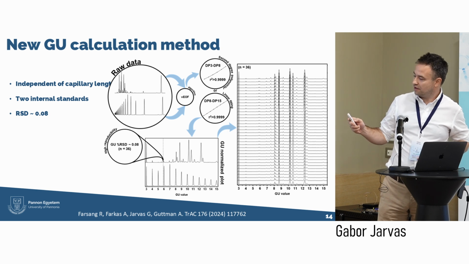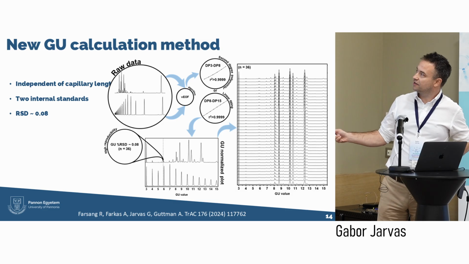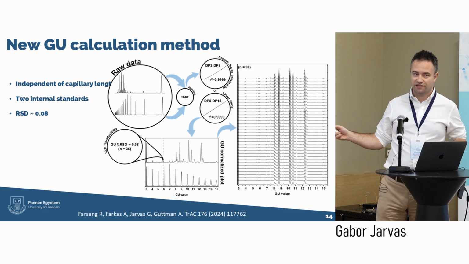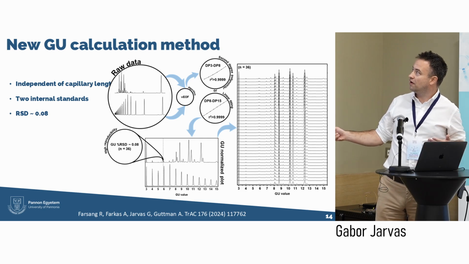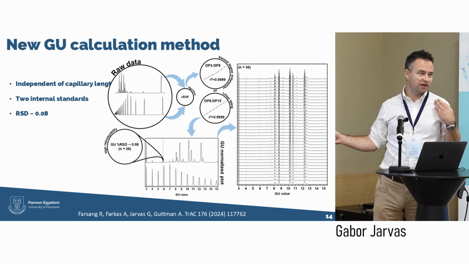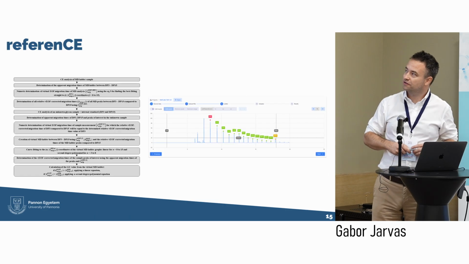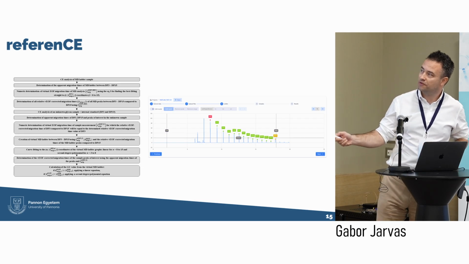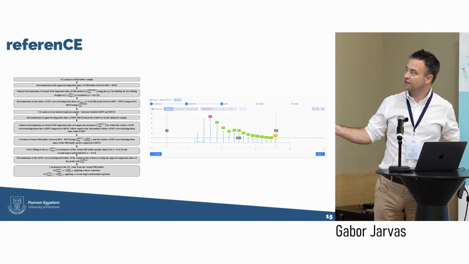And if we carry out this very complex calculation, then we can demonstrate that the traces are very, very close to each other. So apparently there is no shift between the resulting electropherograms. The calculation method itself is very, very complex. You could see the algorithms on the left, but we implemented everything in a simple